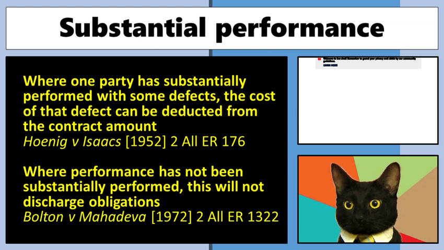However, if it's large, that's where things can be problematic. Going back to the single carpeted room, if they've only done half, all right, that's not going to discharge your obligations under the contract. So if they've done 98% of it and you've got to spend a little bit of money, 98% is near enough, almost good enough. Yes, we can reduce the contract by the amount we have to pay to fix it, but if they come in and they've done 70%, that's just a breach. It's a straight up breach of contract.